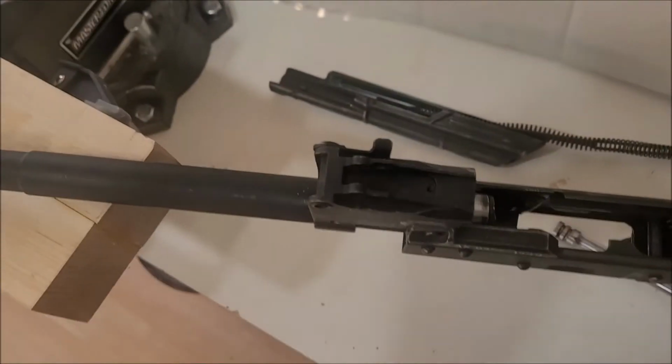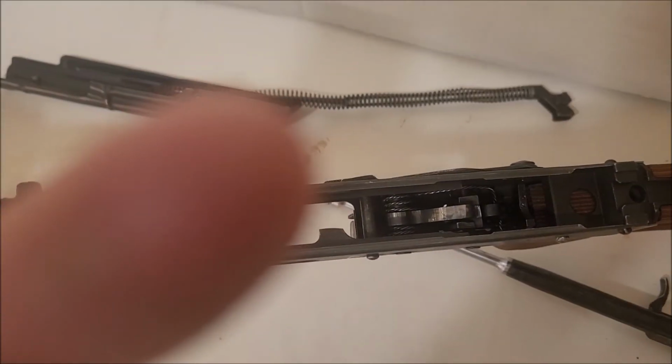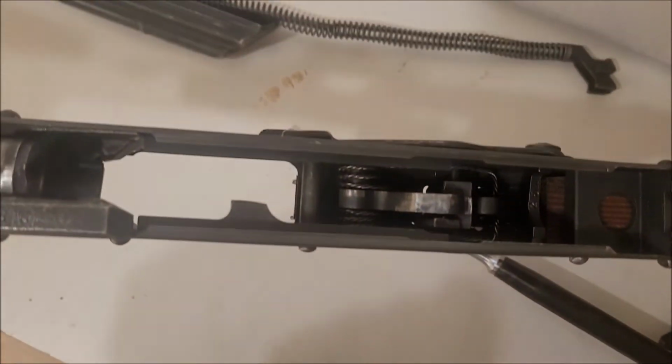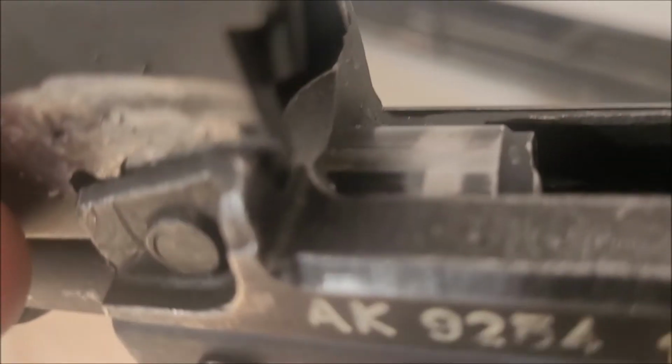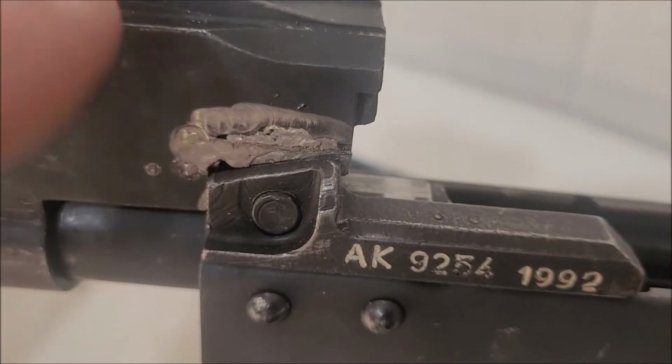All right, so now I have all this apart. I jammed my thumb into the fire control group, but you can see a little bit where I had to shave this off and how the rear sits. This probably should have come a little bit forward, but my dust cover still fits. So I ended up having to